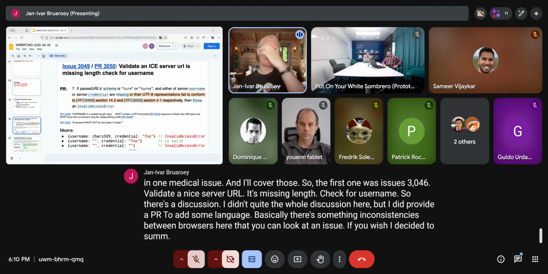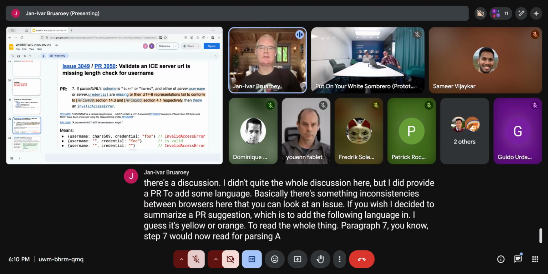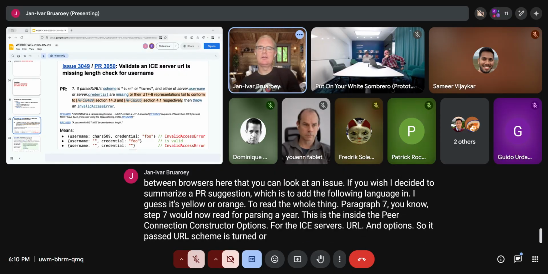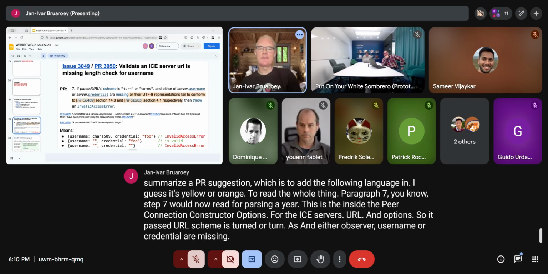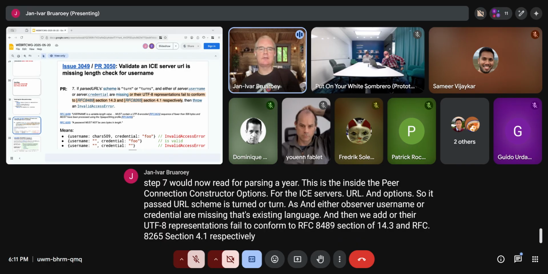I decided to summarize a PR suggestion, which is to add the following language in, I guess it's yellow or orange. To read the whole thing, paragraph 7, step 7 would now read, for parsing a URL. This is inside the peer connection constructor options for the ICE server's URL and options. So if the URL scheme is turn or turns, and either of server username or credential are missing, that's the existing language. And then we add, or their UTF-8 representations fail to conform to RFC 8489, section 14.3, and RFC 8265, section 4.1, respectively, then throw an InvalidAccessError, which I think would align around